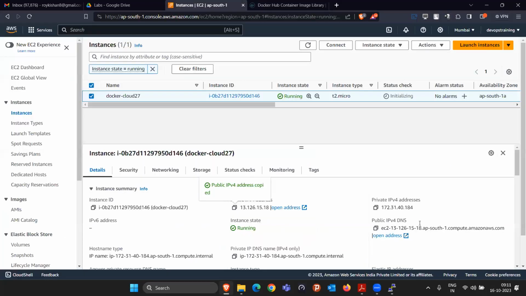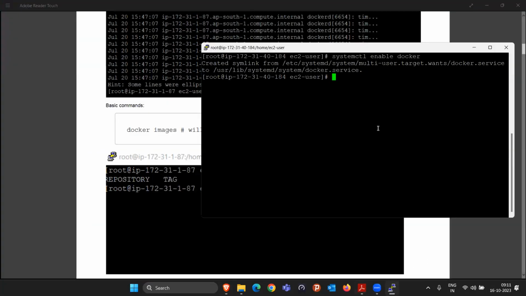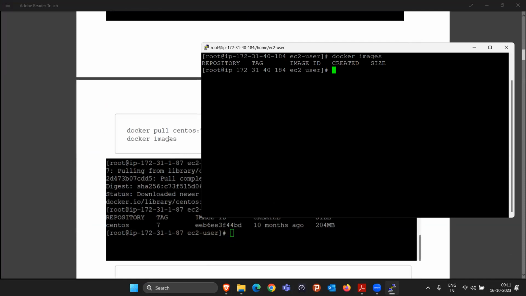So exactly the same way here, if I want to see how many images are currently present in my local Docker machine, I'll type docker images, and it will say currently no images are present. There is nothing listed, right? But tomorrow, if somebody wants to use any operating system, like the CentOS operating system or the Ubuntu operating system,